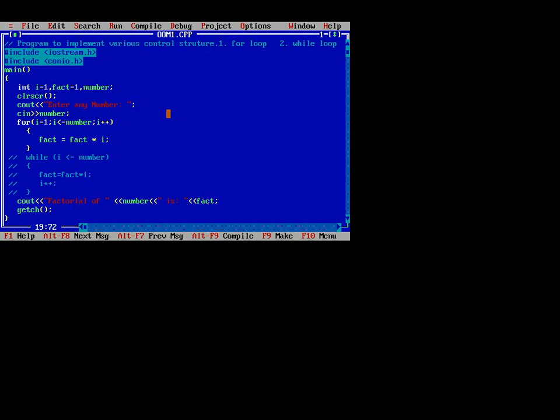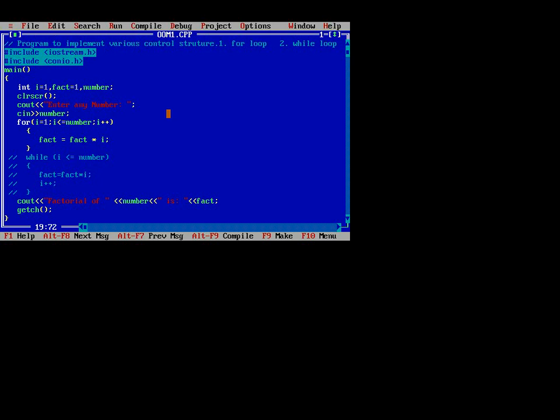Factorial of any number n is the product of all positive descending integers. That means factorial of n is denoted by n factorial. For example, if we want the factorial of 4, it is the descending integers. That means 4 factorial equals 4 into 3 into 2 into 1, and you have to do the product of all the given integers. That gives the result 24. So this is the factorial.